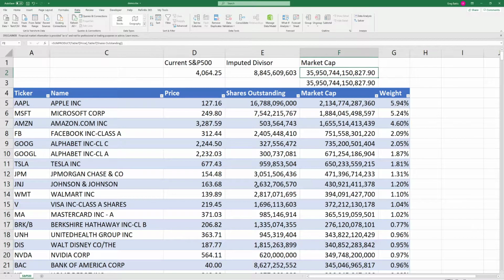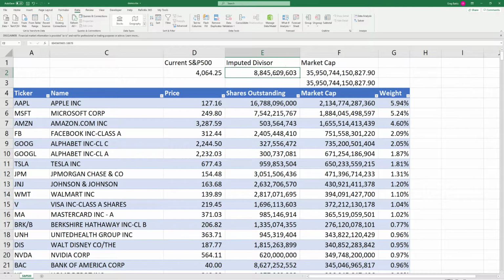So when you do the market cap calculation, you have to get a divisor to get to the current S&P 500 value. This is pretty close to the current S&P 500 price. Last time I checked, just before the video, it was 4075.24, I believe. So that was the current price when I just checked before recording the video. And I got a pretty close number. My imputed divisor I actually calculated from yesterday's closing prices and yesterday's share count. So share counts might have changed overnight. Share counts can change during the day,